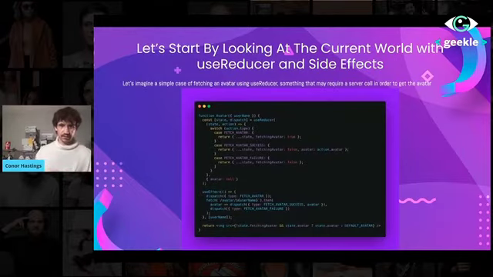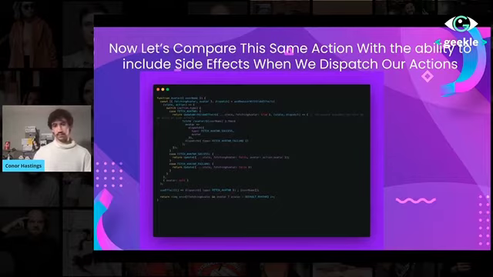So there has to be a better way. At least I think so. So let's compare kind of the same thing we did before, except this time we'll include our side effects when we dispatch our action. So to do this, I took inspiration from an older version of Reason React, which